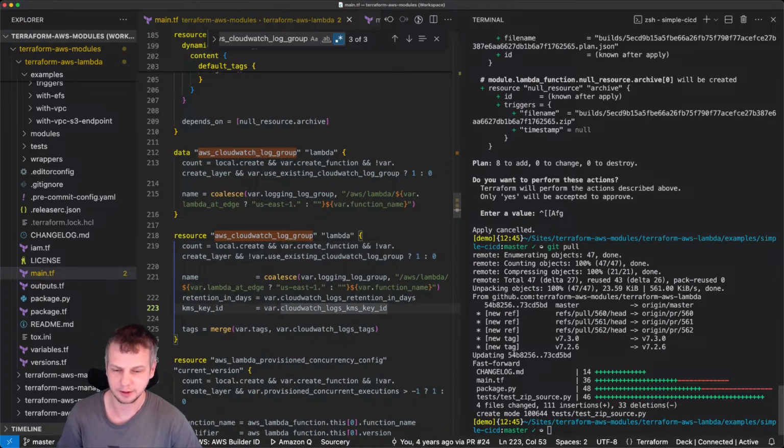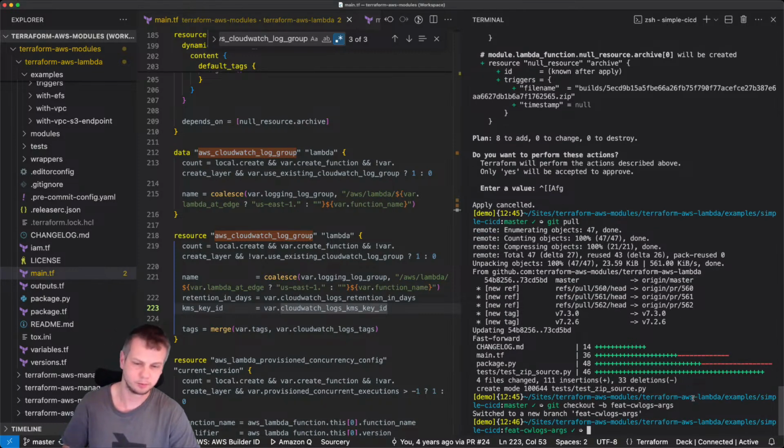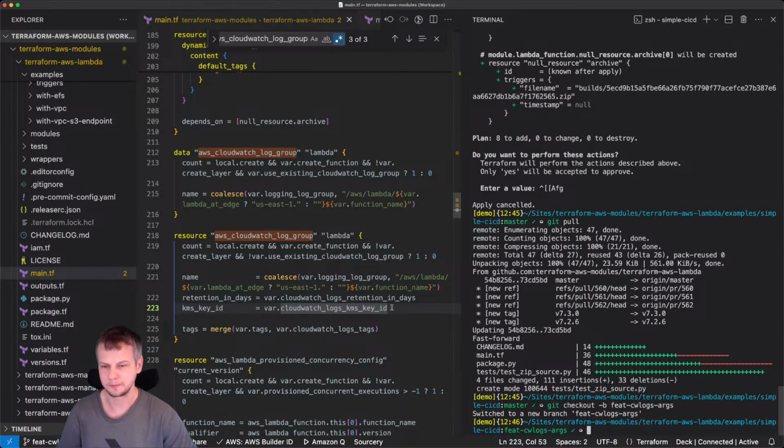No, not in this part at least. Okay, so let's add this functionality. You check out CloudWatch logs. So we'll add maybe a couple more arguments here.